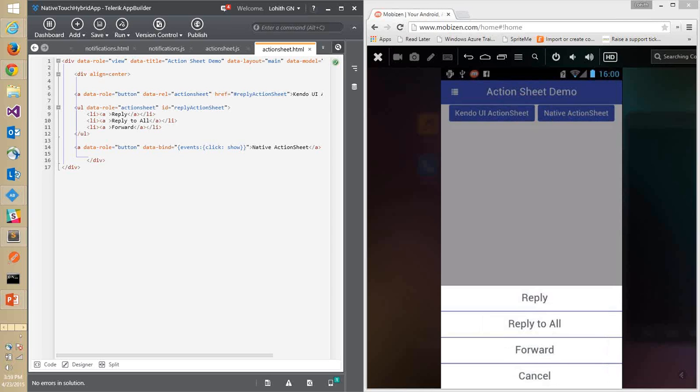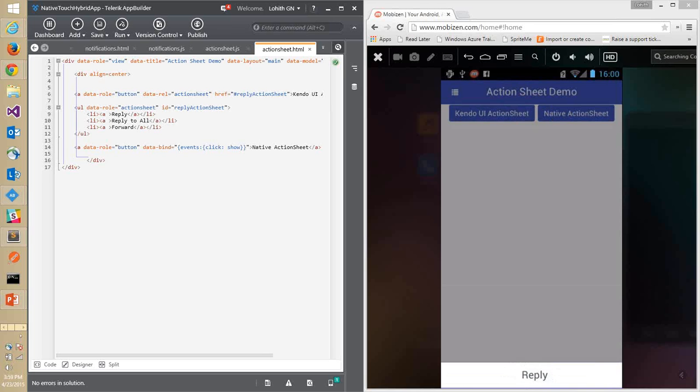Right? This is more native than getting this Kendo UI style sheet. Correct? So this is Kendo UI style sheet. So if you use Kendo UI style sheet, action sheet and build your app and then give it to an Android user, and he knows that he's going to get an action sheet, he's going to be a little surprised as to why the action sheet is coming up like this. Instead, it should have been,